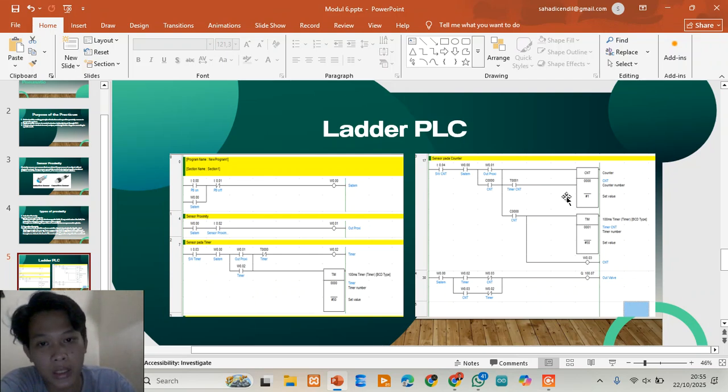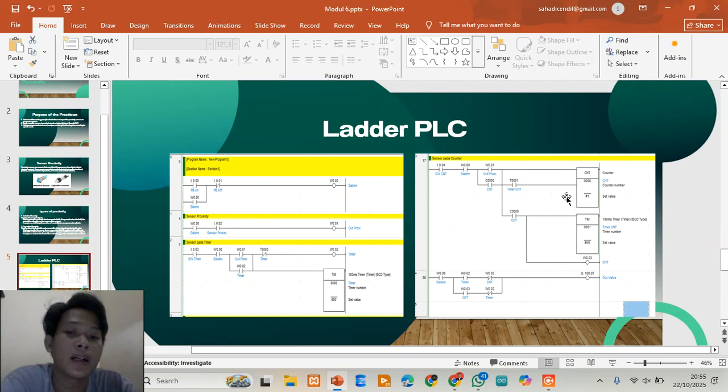When the count value is reached, C000 becomes on. At the same time, timer T110 delays the next count to avoid double triggers from one object.